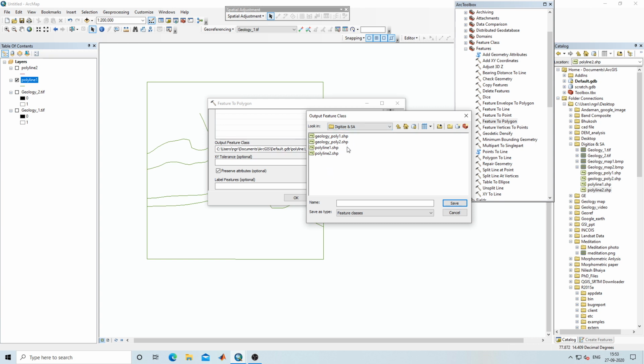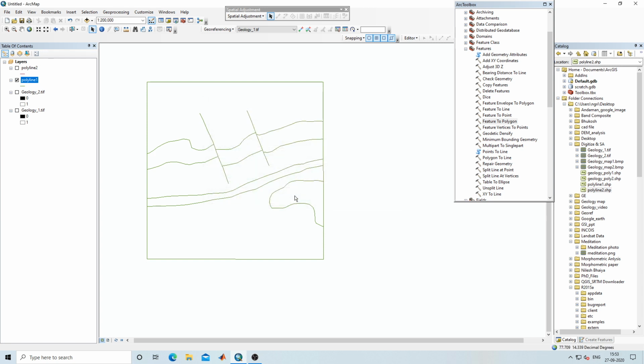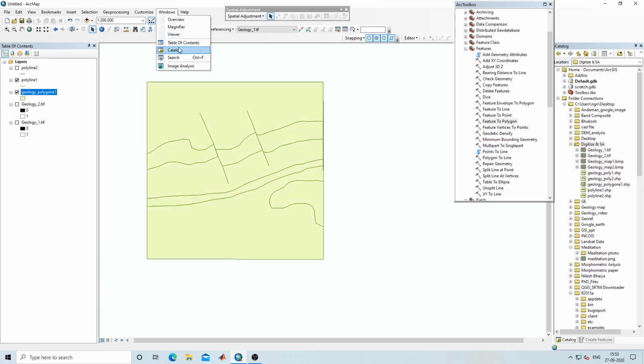So here I will save geology polygon 1 and save. After that I will click on OK. So now this polyline will convert into polygon feature. It takes a little bit of time.